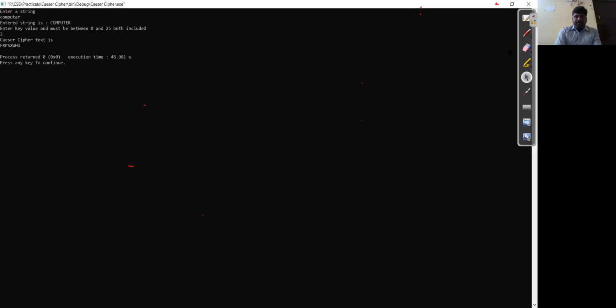Is it clear now? By the way, you can try with different key values, 1 to 25, and then execute. For your experiment, for your practice, I am leaving you the decryption part. What is the logic behind the decryption conversion? Ciphertext minus 3. Yes, we can include the logic in the program. This is for your practice. I just created the encryption part, the decryption part you can do it.